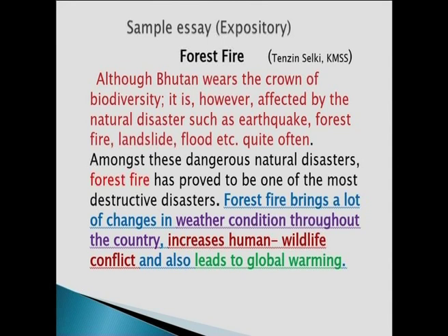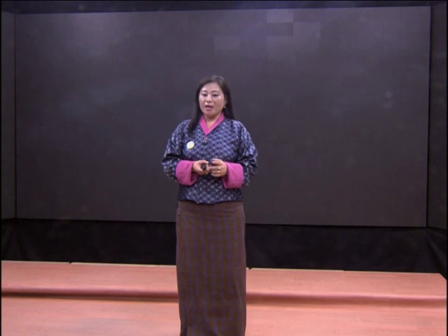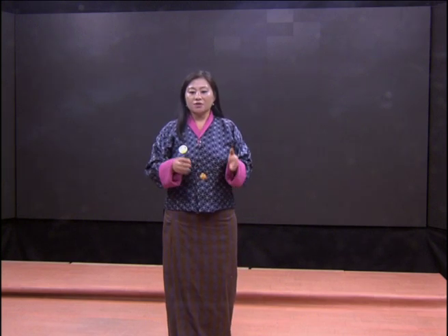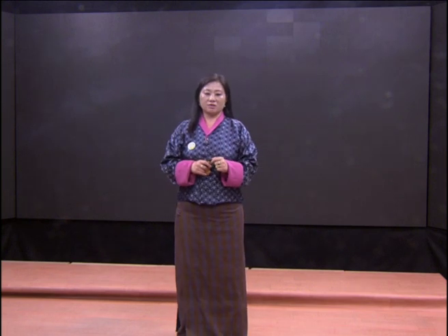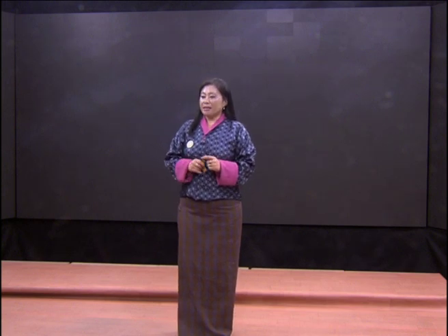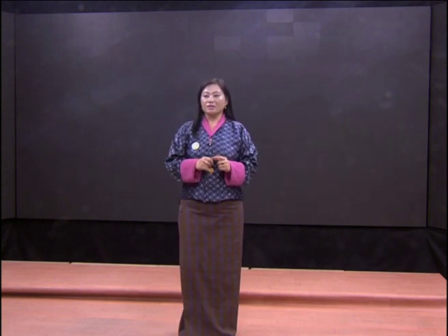Although Bhutan wears the crown of biodiversity, it is however affected by natural disaster such as earthquake, forest fire, landslide, flood, etc. quite often. So this sentence is a complex sentence. It's an example of a complex sentence. It starts with although, and then it goes on and says Bhutan wears the crown of biodiversity. So this is a dependent clause. This is a dependent clause or subordinate clause. This is a dependent clause, and this dependent clause contains